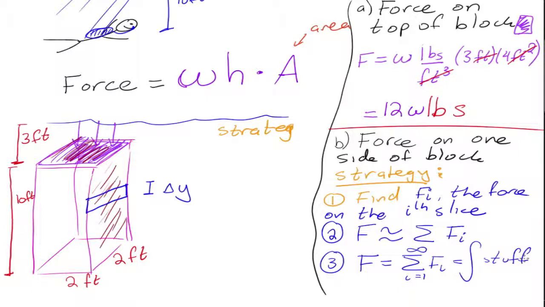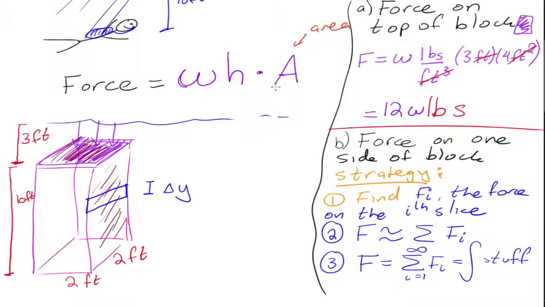Thumbs up for the strategy? Okay. All right, so now we implement the strategy. First things first, I need to find the force on this particular slice. To find the force acting on this slice, I need fluid density. Don't worry about it. I need the depth and I need the area. Yes? Okay. Now, before I do that, I need, because I'm going to do it in terms of y,